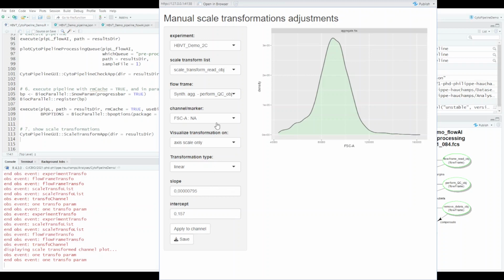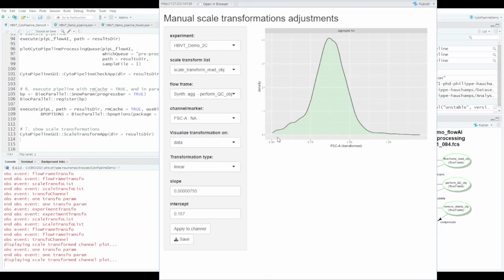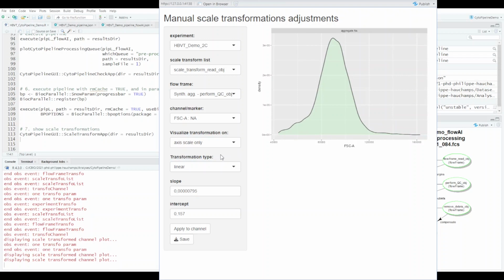Okay, let's note that we can visualize the scale transformation on the original range of the data, or have a look at the range of the data after application of the transformation. So here we have a range between 0.5 and 1.5. Okay, so let's go back to the original range and move on to